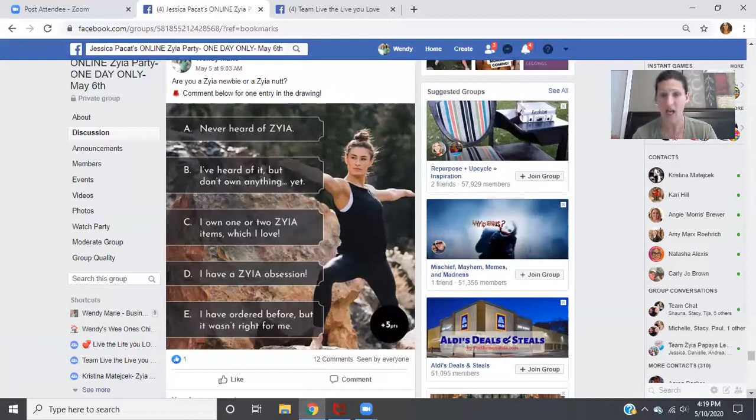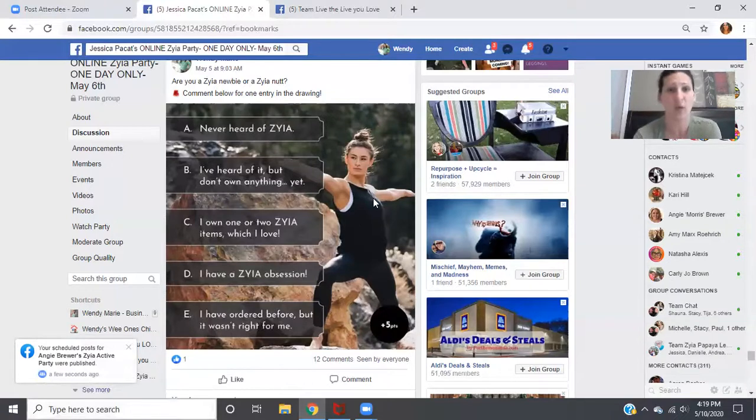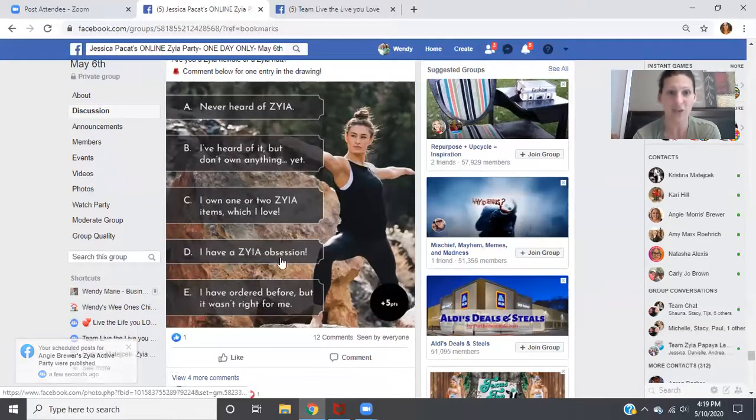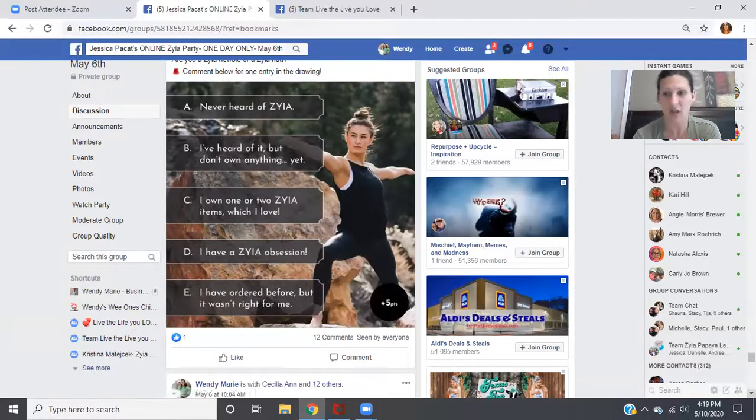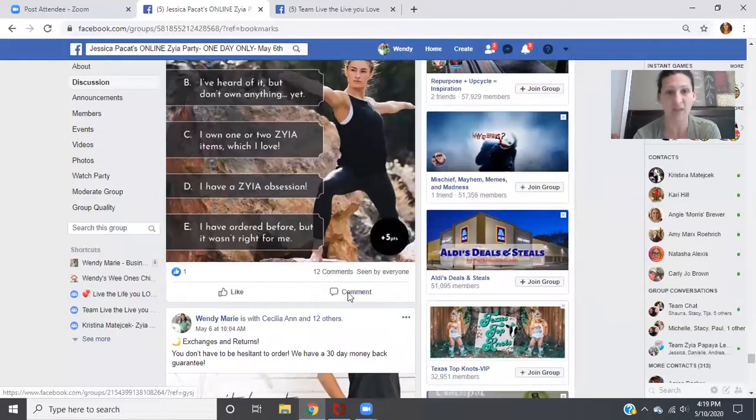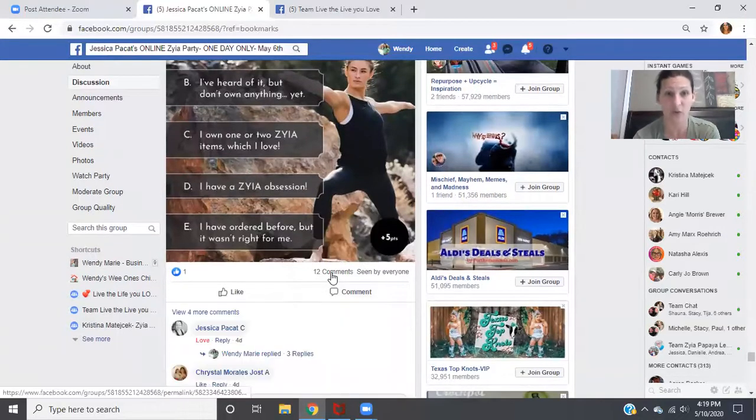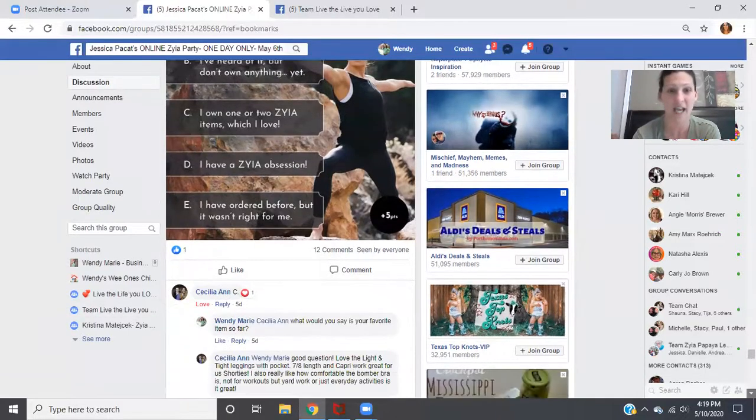And then on the page, here is the one post that I was talking about. This post I pay close attention to. And the reason I say that is because I want to know who's heard of Zaya and who is crazy obsessed with Zaya. So I always want to look in the comments. And like I said, on that tracker sheet I have, I write this down. I write if they're new, I write if they have items, whatever it may be, because if somebody comments and says, I'm totally obsessed,